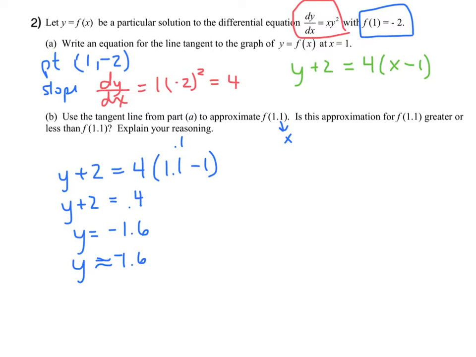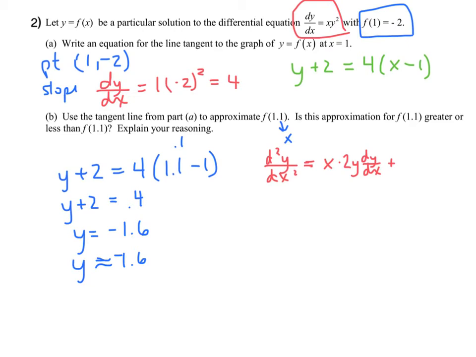Okay, so remember we said in order to determine if it was greater than or less than, we have to look at the concavity. And where does the concavity come from? The second derivative. Well, they don't give me information about the second derivative, but they do give me the first derivative. So if I want to find the second derivative at x equals 1, y equals negative 2, I need to use the first derivative and take its derivative. So d2y over dx squared is going to be, well, for y squared, I have to use implicit differentiation. And so I would use the product rule: first times the derivative of the second would be 2y dy dx